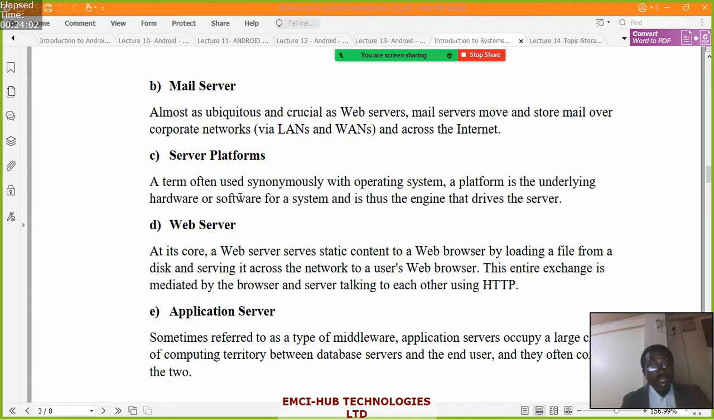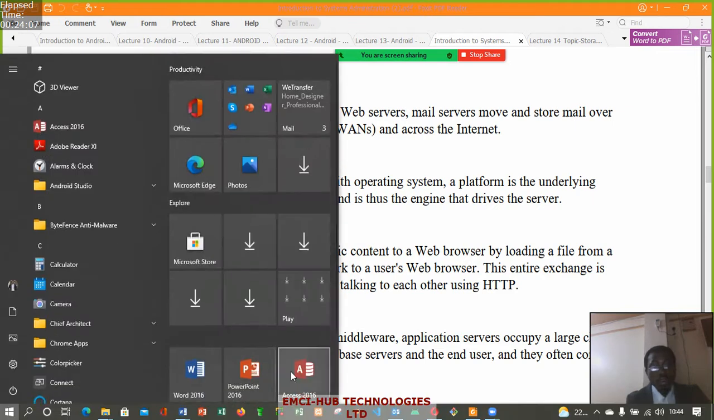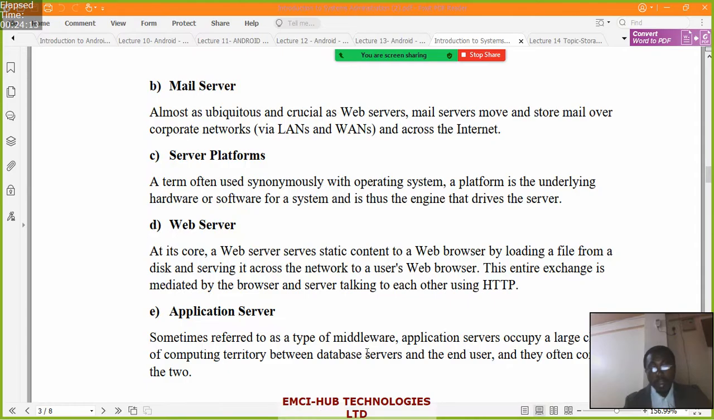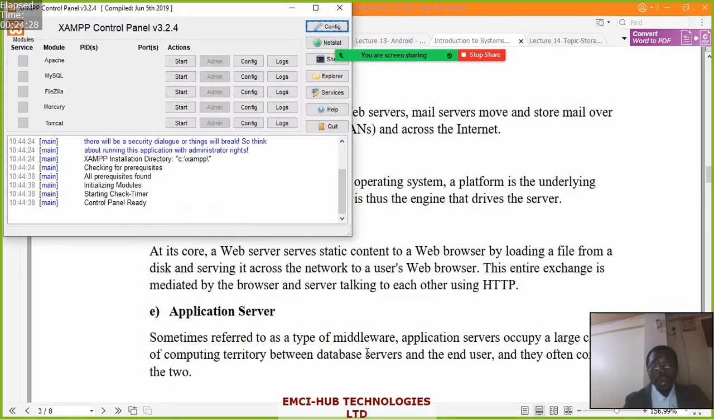We have web servers which mostly we use to host our websites. For example, that you have been able to use what are called XAMPP. XAMPP is a web server. We also have WAMPs, and we also have other web servers such as SQLite. We have Microsoft. For example, this is XAMPP where maybe you are running different web platforms,